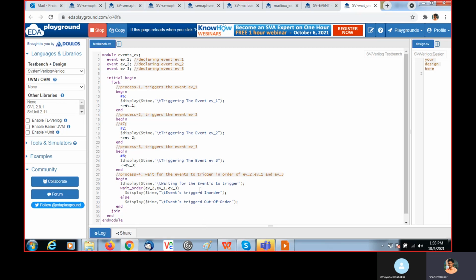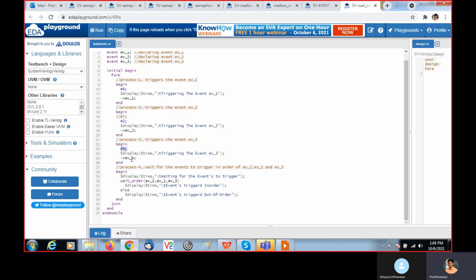In this example, we created 3 events: EV1, EV2, EV3. There are 3 processes. In one process we are triggering event EV1 at #6, in process 2 we are triggering event 2 at #2, and in process 3 at #8 we are triggering event 3.